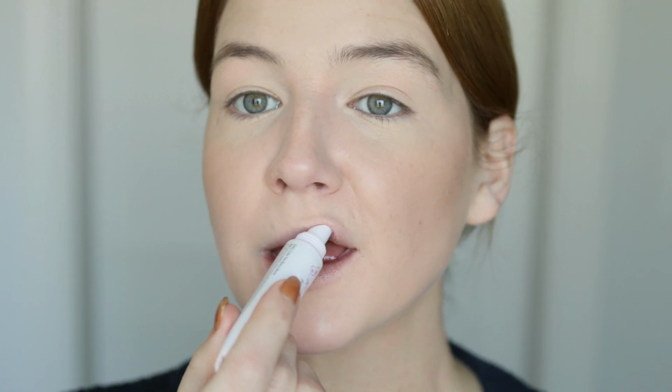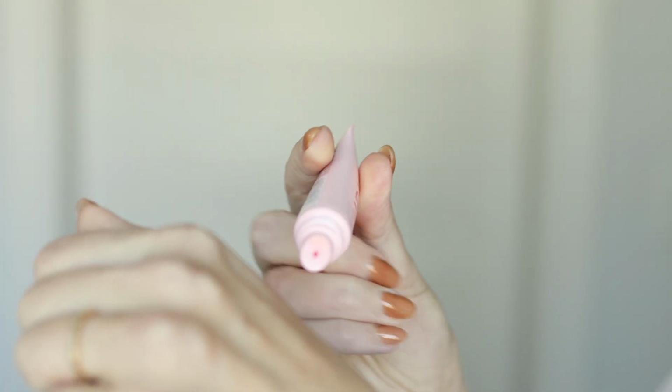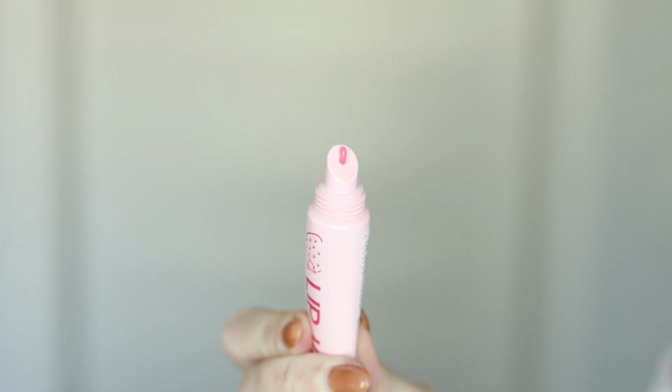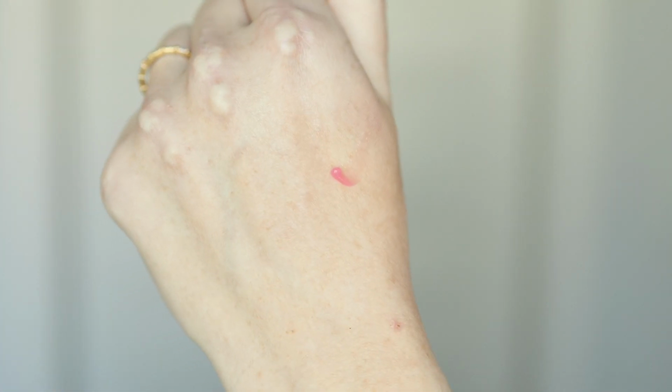They say that they're hydrating lip glosses. You'll see in the demo where I applied this, you don't get a ton of shine with these. To me, texture-wise, think of the original Carmex tube, but with a better smell, and depending on how fair you are, you might get a little bit of color